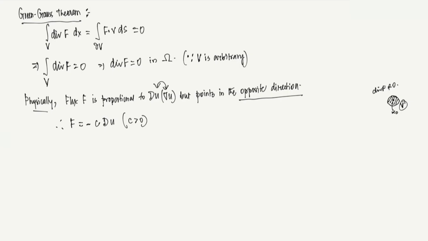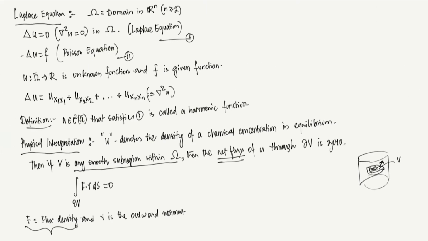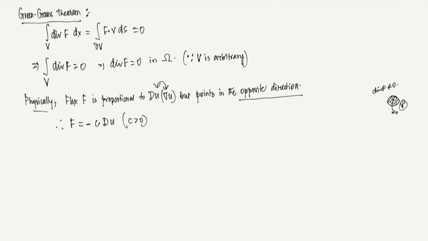Gradient U is again what? U is the density, and gradient U is the change in the density. So the flux F should be proportional to that change in the density, but it is coming not from lower to higher concentration, but from higher to lower. So we have a negative sign. Okay, now if you substitute this particular thing here, what you are going to get is the Laplace equation,